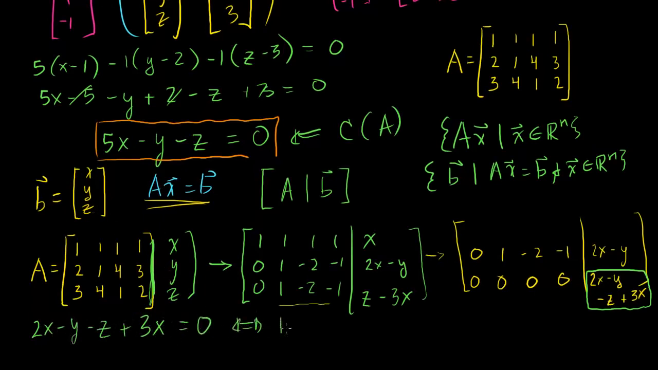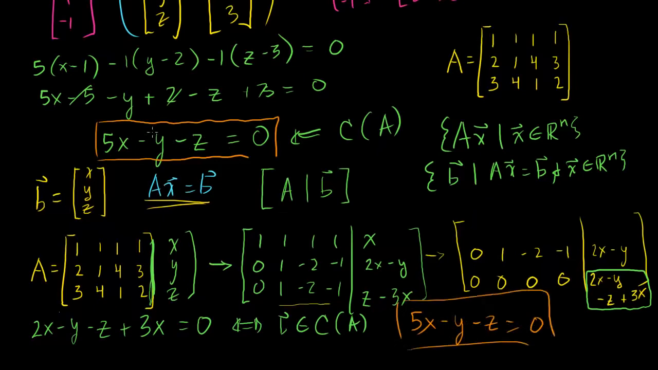In order for b to be a member of the column space of A. In order for it to be a valid vector that Ax can become, or the product A times x can become for some x. So what is this equal to? If we add the 2x plus the 3x, I get 5x minus y minus z is equal to 0, which is the exact same outcome we got when we figured out